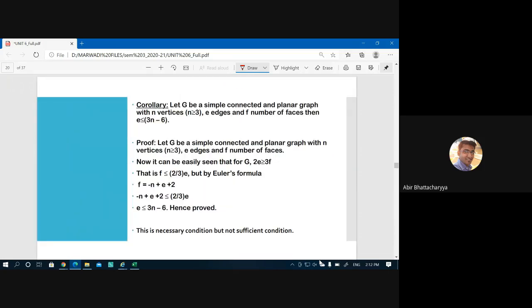Similarly, there is one corollary. That corollary is an inequality satisfied by a connected planar graph: e is less than or equal to 3n minus 6. Here e and n are the number of edges and number of vertices of the graph respectively. We can prove this using the concept of